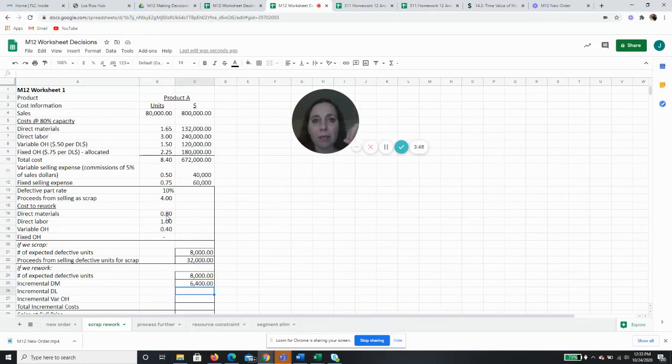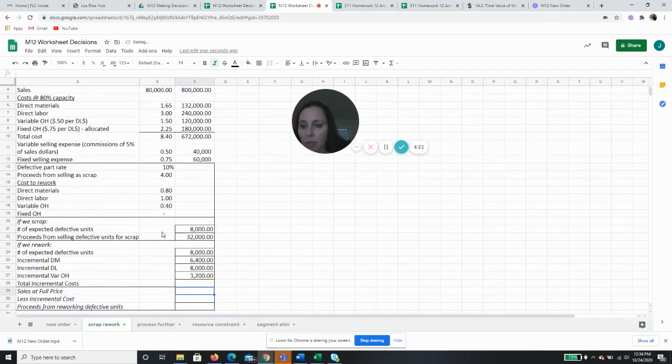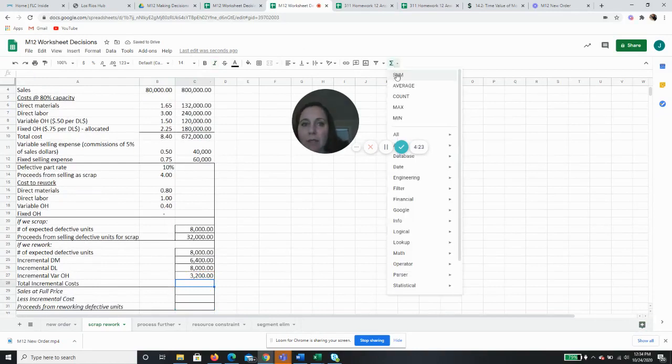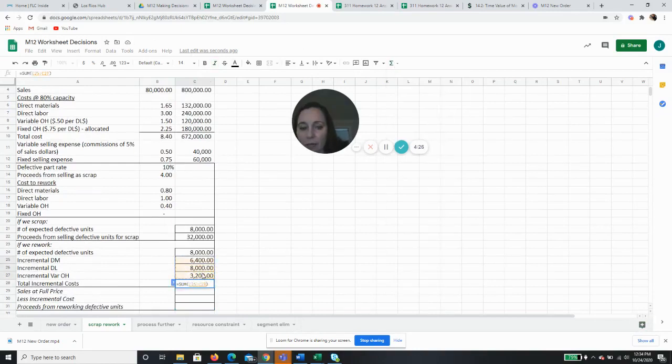Those are sunk costs at this point. We have already invested the entire $8.40 to make this product once, and it came out defective. So that $8.40 is a sunk cost. We've already spent it. It has nothing to do with this decision. Our incremental direct labor is going to be the 8,000 units times $1, and the incremental variable overhead is going to be the 8,000 units times 40 cents. So our total incremental costs are going to be